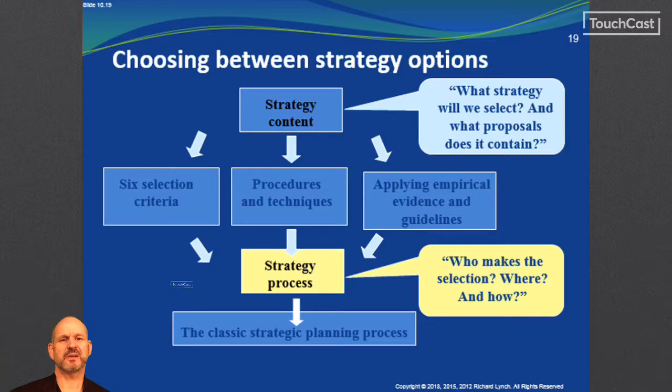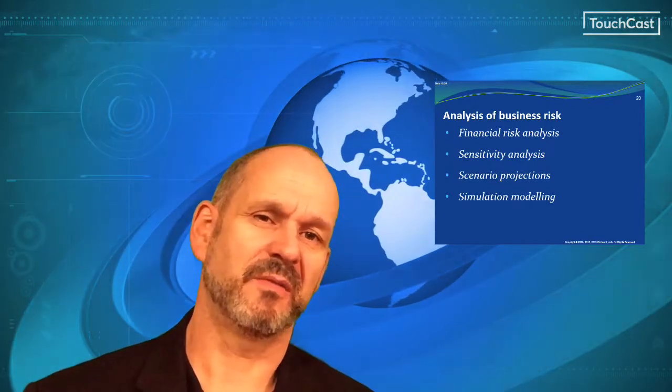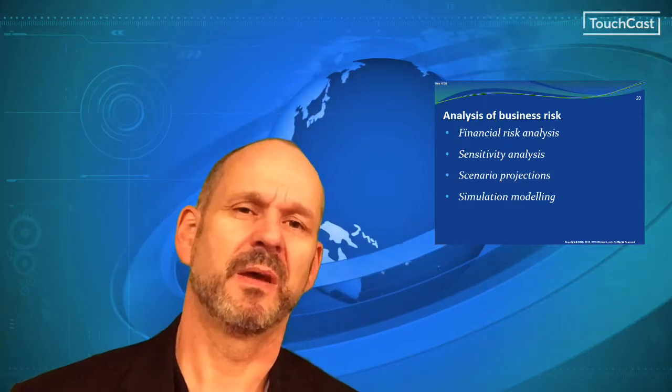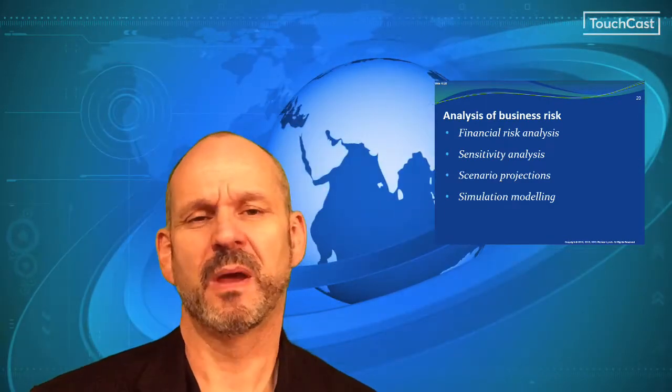But what happens to strategy when the future is uncertain? For example, where there is rapid technological change in an industry or market conditions are affected by war or natural disasters. These events can make it very difficult for leaders and decision makers to select the best option. So what answer does strategy have for this type of problem?